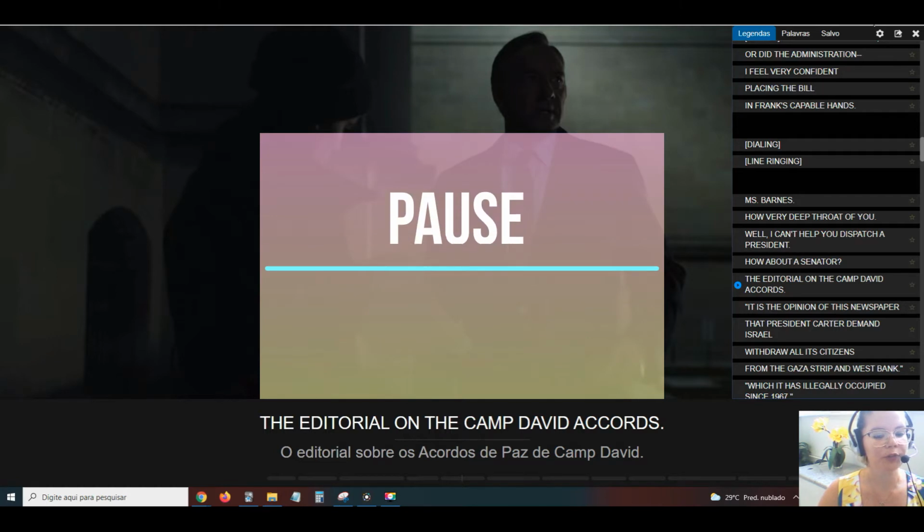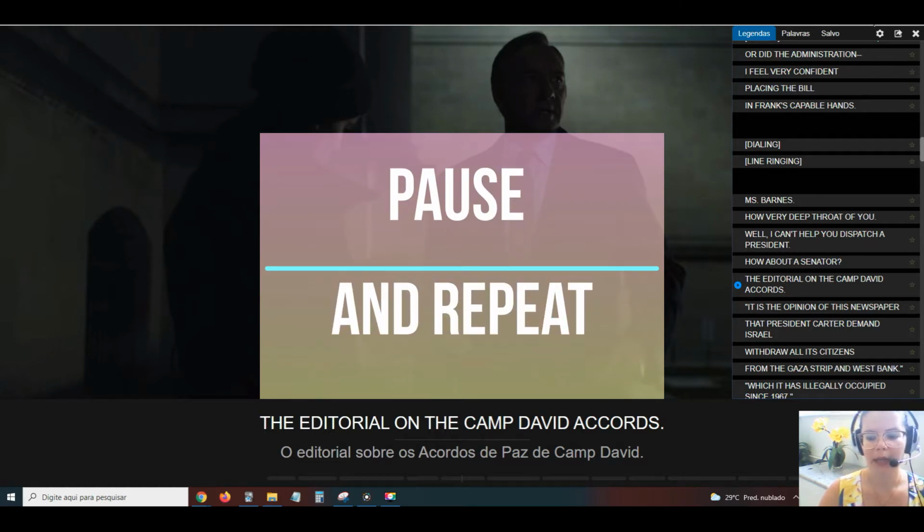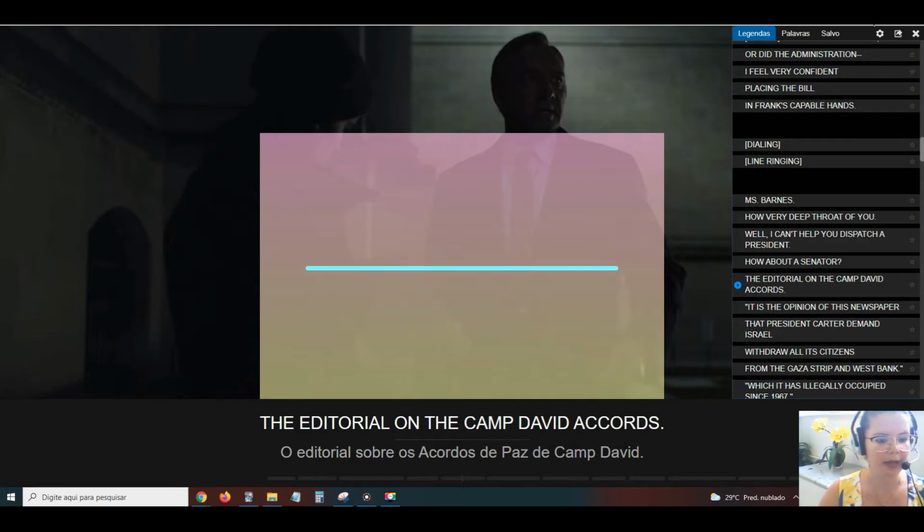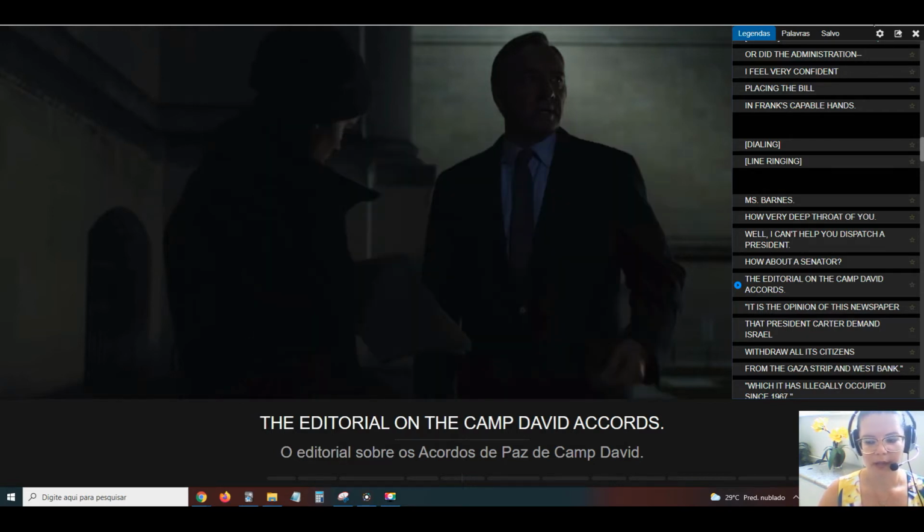The second feature that I love here is because you can pause and repeat after the actor. You just need to enable this tool here. So when I play,